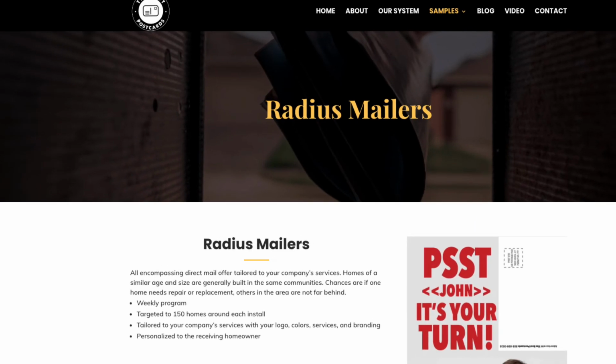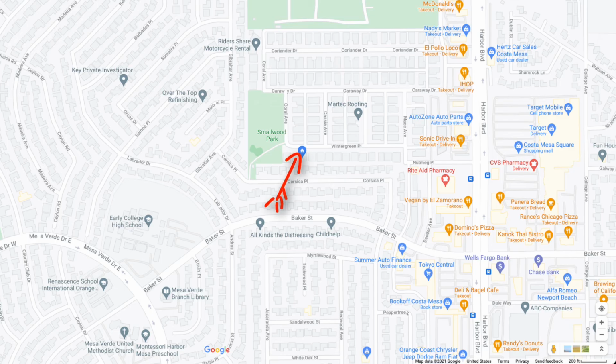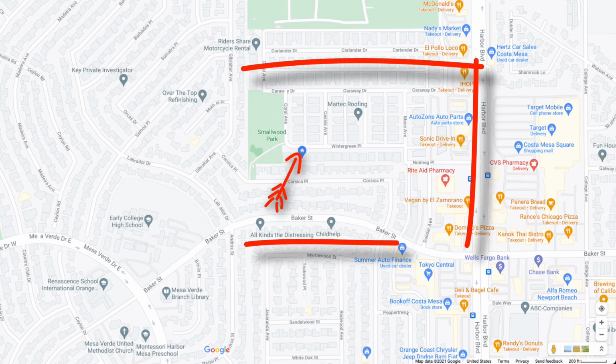And the radius is if you've done an install in the area, we mail 150 households around that address, and we tell them that we're working in the area and that we can service your household just as we're doing in your neighbor. So as far as these three, the reason why I mentioned those is because a normal client